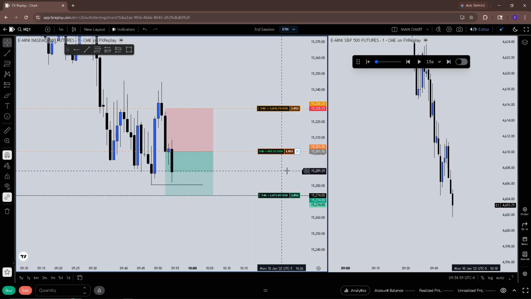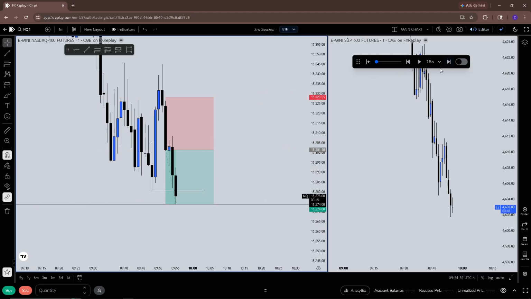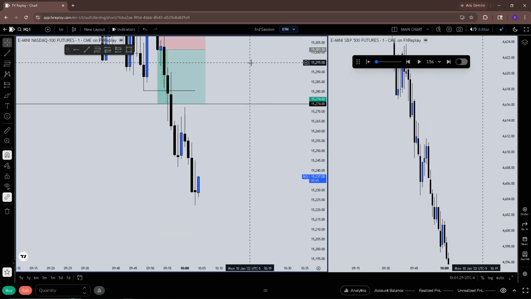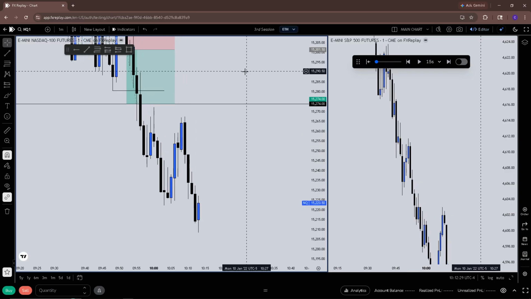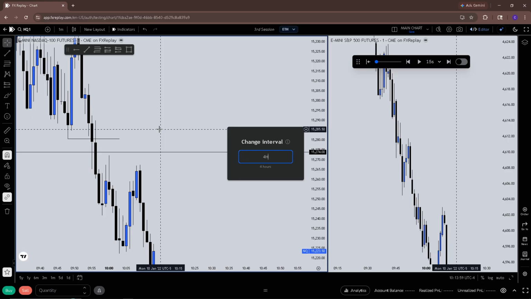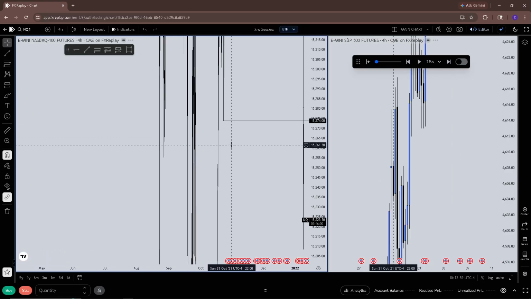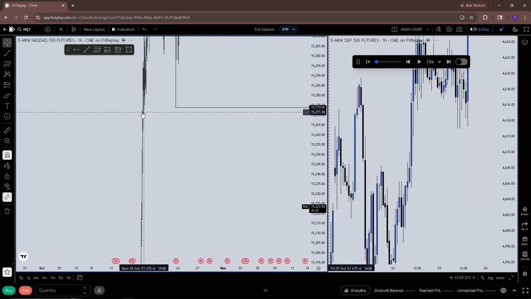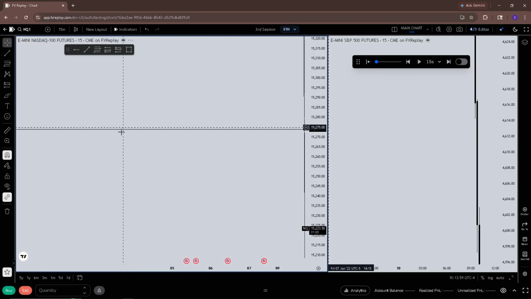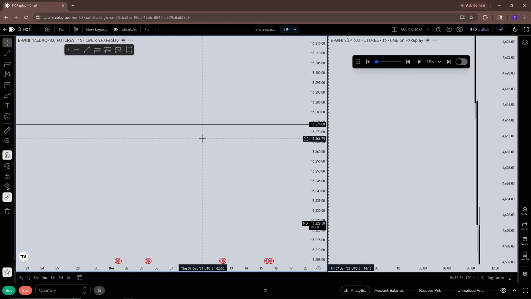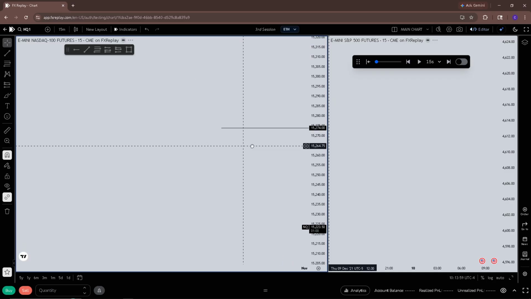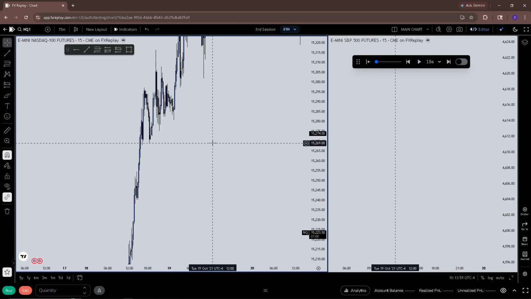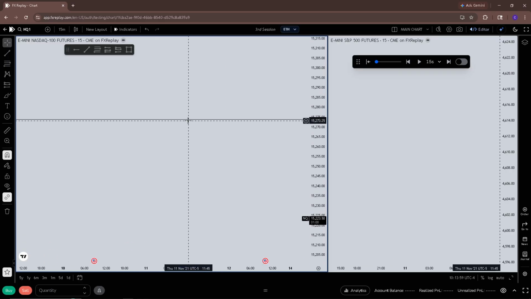ES took out my break-even point. Bang, full TP. Probably gonna keep going lower too. Yeah, just give me my one-to-ones though. There's nothing else to try to hold to, like significant. Yeah, that was a 15-minute swing low as well. There's really nothing else to hold to. I'm glad I took my TP where I took it.